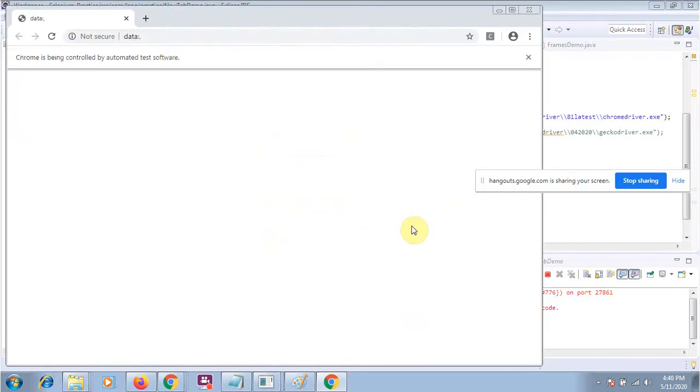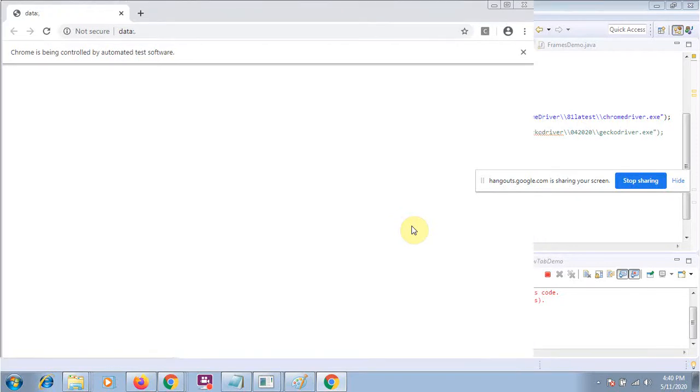We can see that the browser has been opened. It will maximize, enter the URL, then press Control plus T. So this was the previous way that we were using. It's hanging, I think.